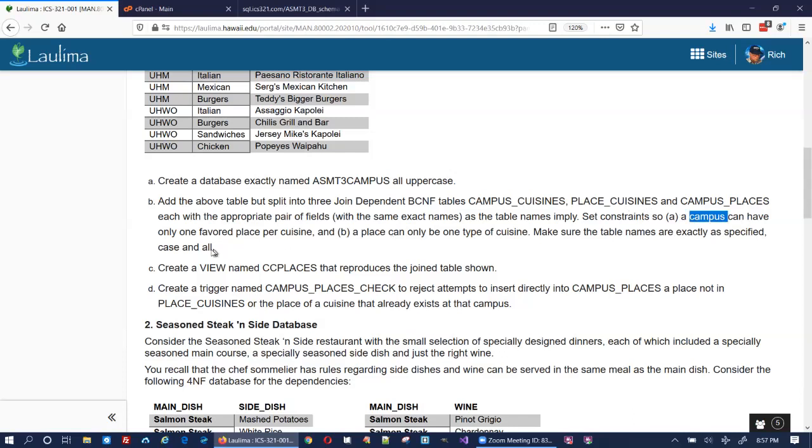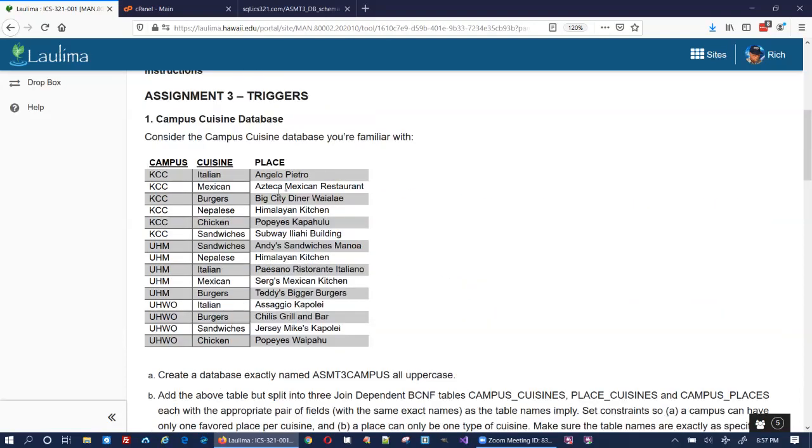So a campus can have only one favored place per cuisine. See, these are campus, cuisine, and this is the favored place of that cuisine. In this table, both campus and cuisine are the primary keys. So a campus can only have one place of that cuisine type. The other constraint here is that a place can only be of one type of cuisine. So in other words, this Azteca Mexican restaurant, once it's defined as a Mexican restaurant,